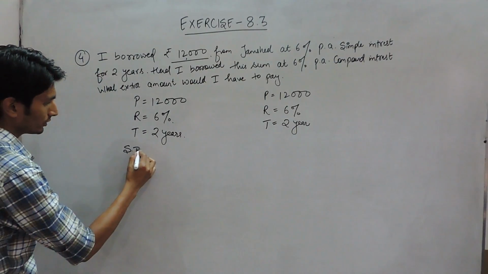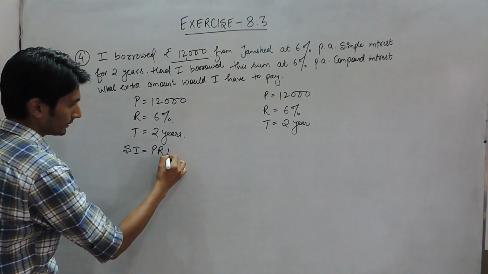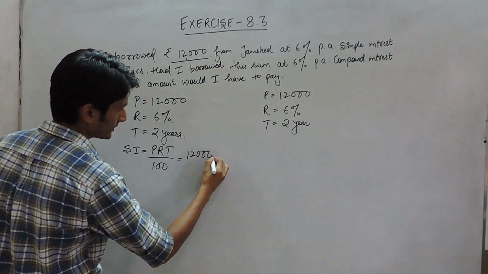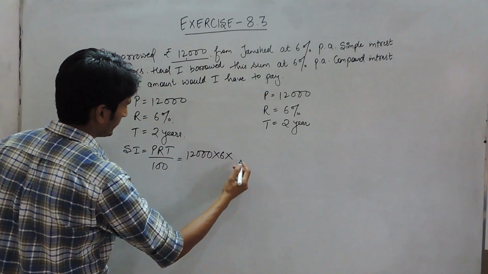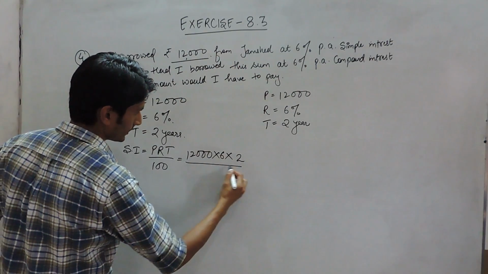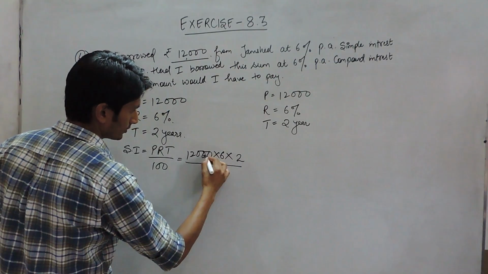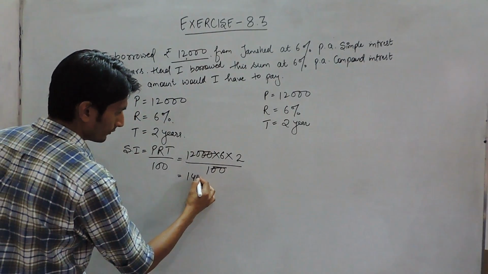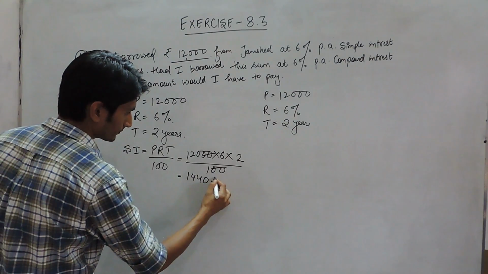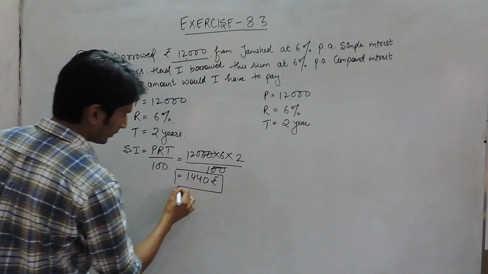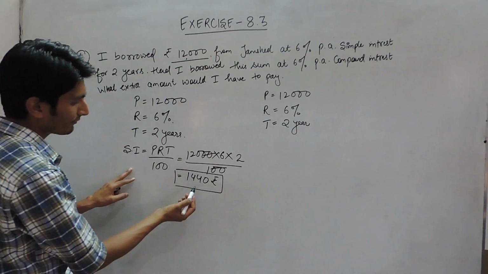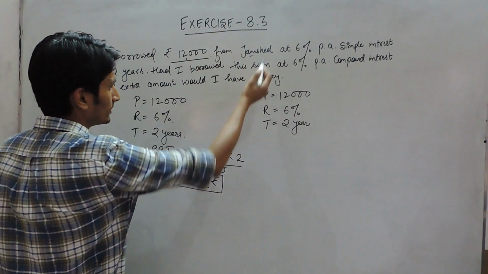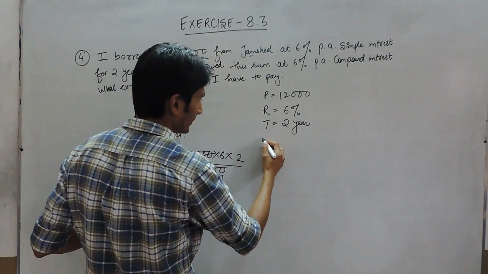So simple interest would be PRT upon 100. Here the principal is 12000, rate is 6%, and time is 2 years, and this is solved. So 6 into 12 into 12, 1440 rupees. So in the first case I have to pay 1440 as interest to Jamshed, and in the second case, because this